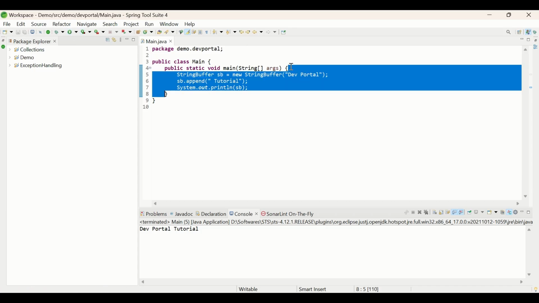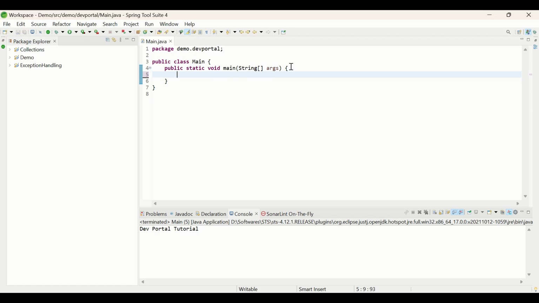So first let me remove this code, and here I will create three objects. First let me create two variables to store the time. I will modify those objects in a loop and see how much time they take. So I will create two variables here, startTime, to note down the timing of the operations, and endTime. And first let me do this for String,